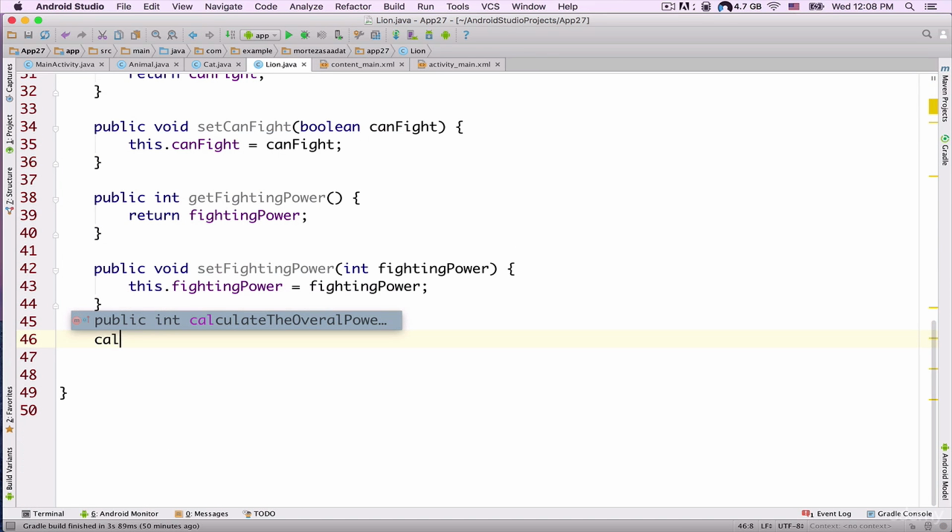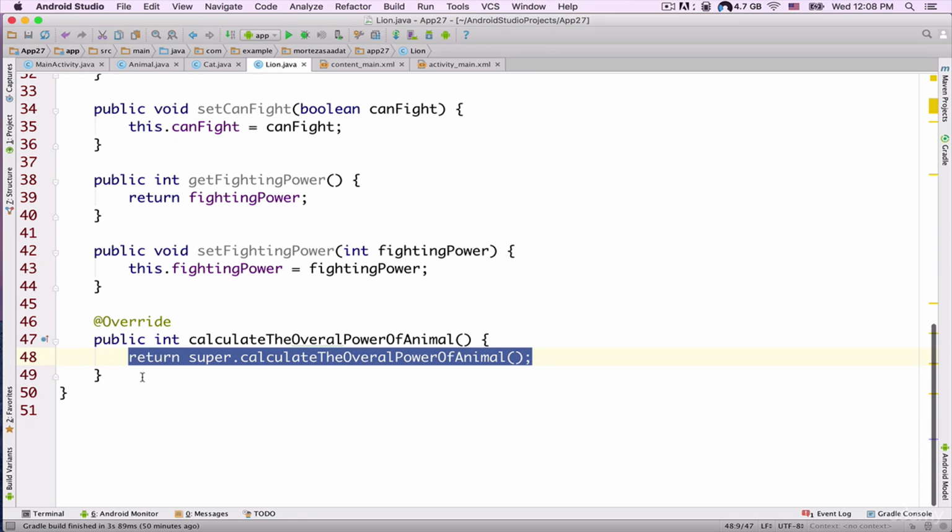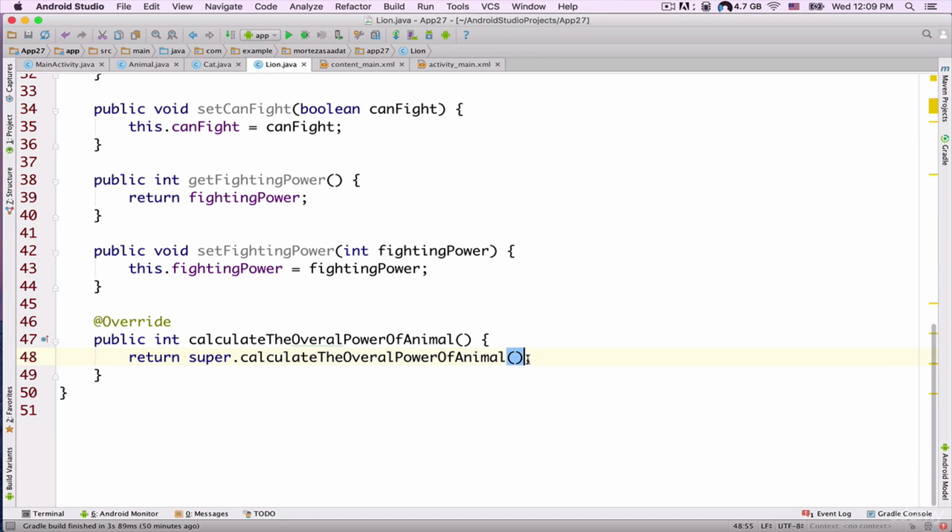So I can just type in calculate, and as you can see, I can refer to the name of that method, and if I press the Enter key on my keyboard, now you can see this method here, int calculateOverallPowerOfAnimal. And here, as you can see, it says return super.calculateOverallPowerOfAnimal. So I can just put in a plus operator here, and then I'm gonna put in the fightingPower here